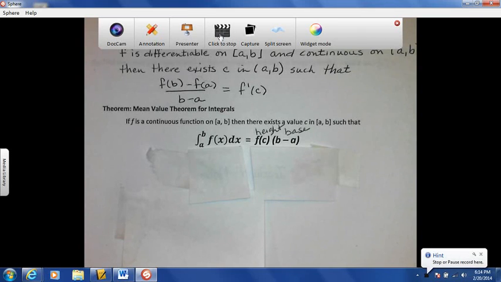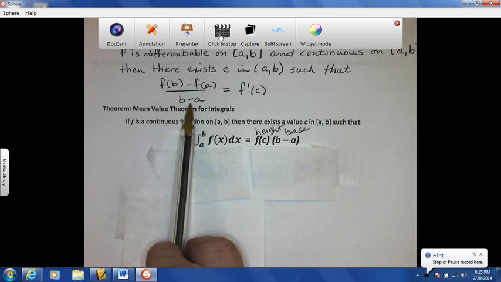Section 4.4, Mean Value Theorem for Integrals. Now before we go to the mean value theorem of integrals, I want to review quickly what the mean value theorem for derivatives states. It says that if f is a differentiable function on the closed interval from a to b and continuous on the open interval from a to b, then there exists a c value in that open